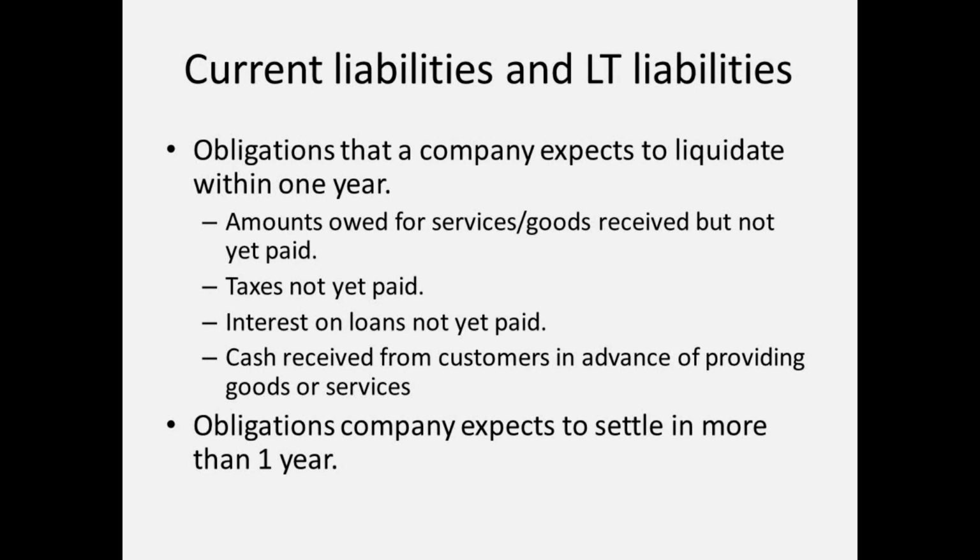Highly liquid assets are good, right? Assets convert to cash quickly. Liabilities mean, I have to use my cash in the short run. So when I think about what I would like to have in current assets versus current liabilities, a lot of times people use as a rule of thumb what they call the current ratio, which is current assets divided by current liabilities, that should be something like 2, because I need twice as much stuff coming into cash as I'm going to need to pay out, just for a buffer and security.